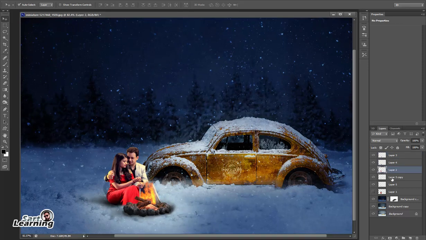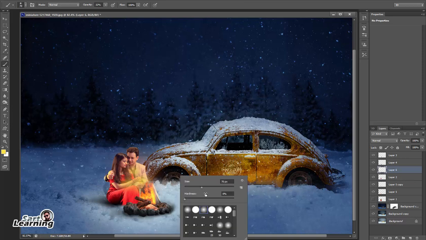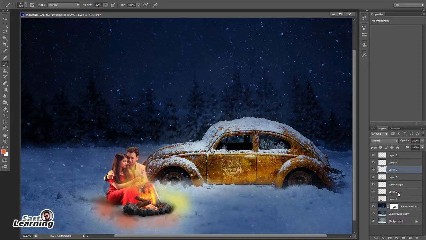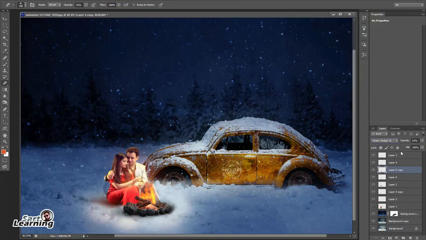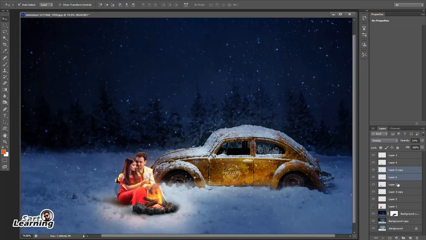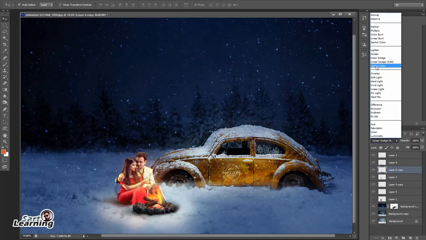Now time to give some yellow effect in the fire and background. So I used a simple brush tool and blend according to the scene. You can play with the blending because there is no rule to set this blend mode, so you can play with the blend mode and make the effect very interesting.